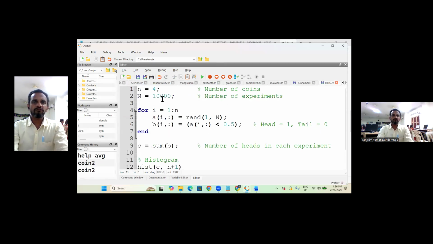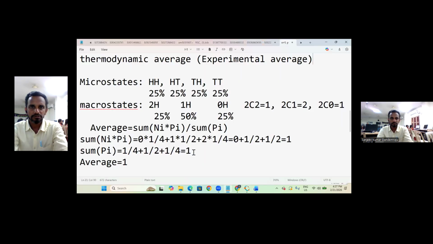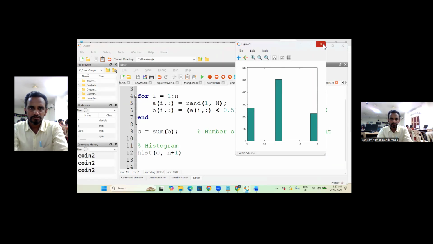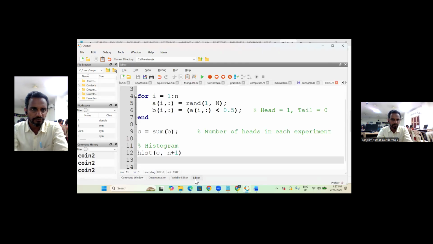I'm starting with N equal to 4 and 10,000 times I'm tossing, the same activity. For I equal to 1 to N, I'm storing in A I and B I, and populating C equal to the sum of B. So if I run this,